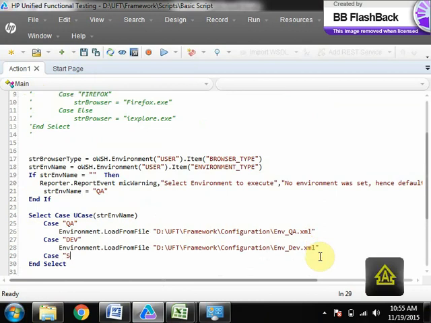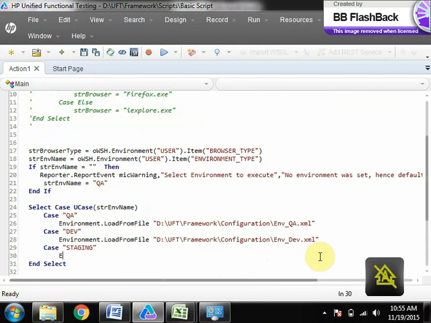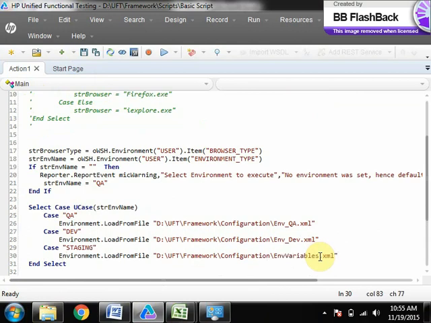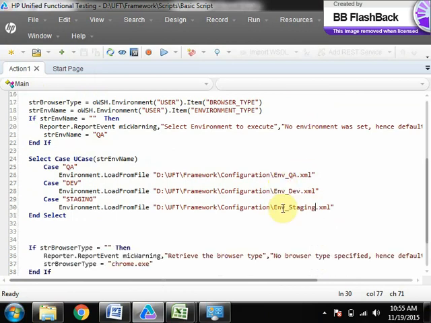Case staging, load the staging file. So the XML environment variable file will be loaded according to whatever environment you have selected.